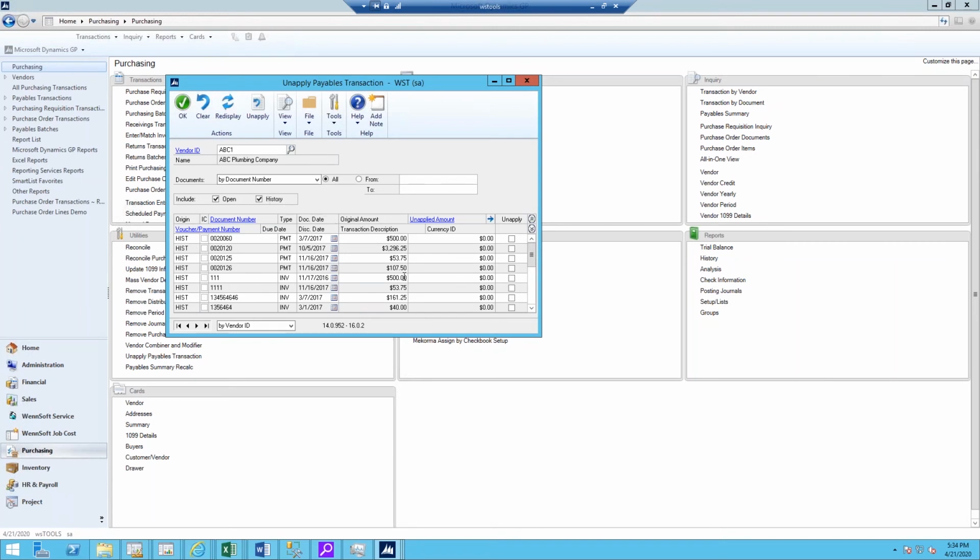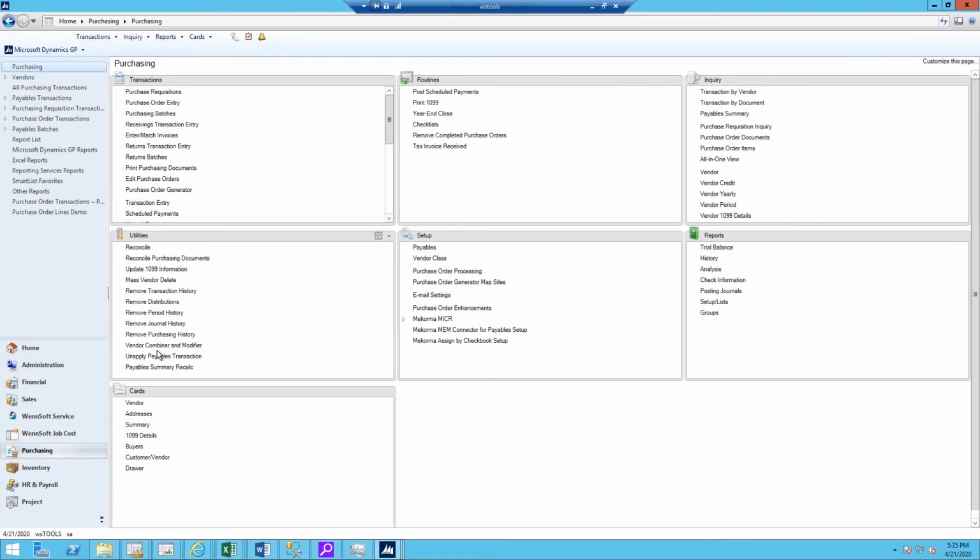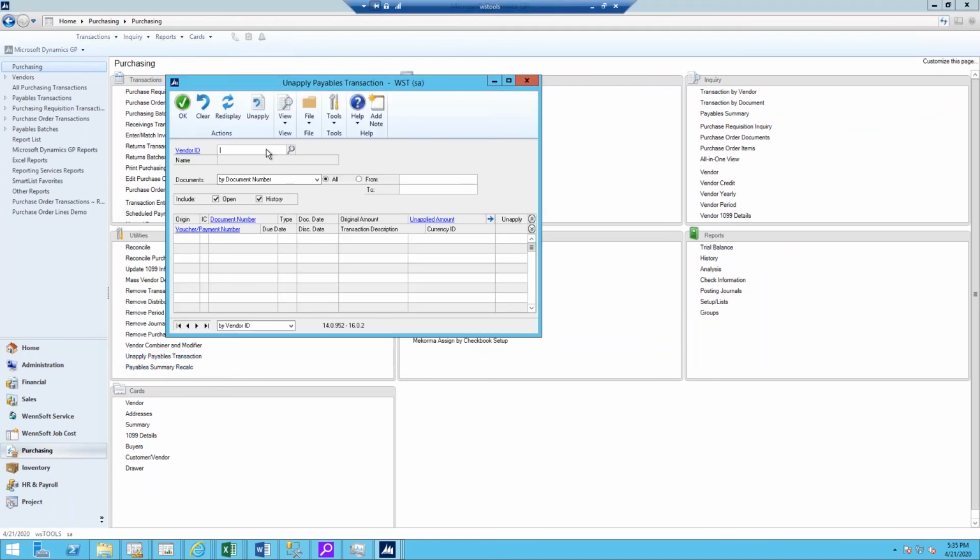Okay, I'm going to take a look at this $500 right here, and I'm going to unapply that for ABC1. Okay, it's my 3/7/2017 transaction, and I'm going to unapply that one. Okay, and my ABC1 again here. Now if I redisplay, what you're going to see is if I look at only my open, my transaction should be sitting right there for me, but let me go ahead and close that and come back up. Okay, in ABC1, and now if I redisplay, my $500 is sitting there on the invoice side,